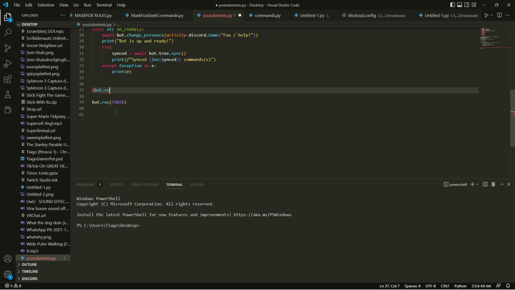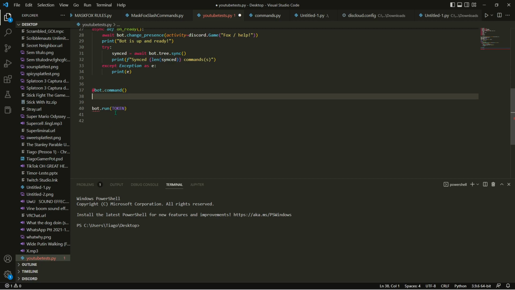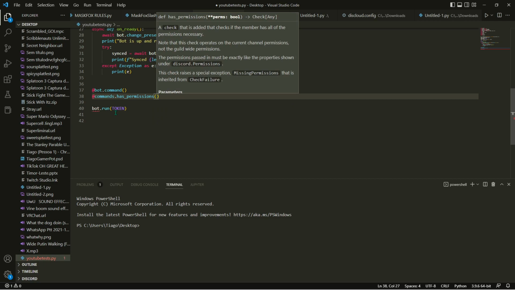So, let's start with bot.command. And if you want this report command to only be done by people with a certain permission, you can do what I'm about to do. But you probably won't, and I'm not going to either. I'm just going to show this in case you want to do it. So that would be commands.has_permissions. You can do this to any bot.command, by the way. commands.has_permissions, and then you're going to open parentheses,